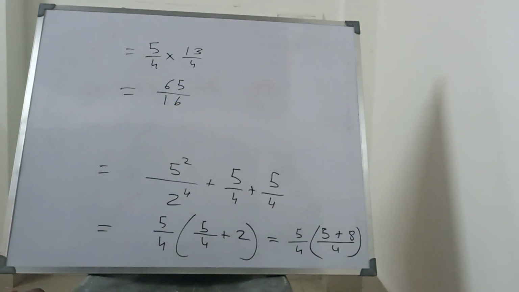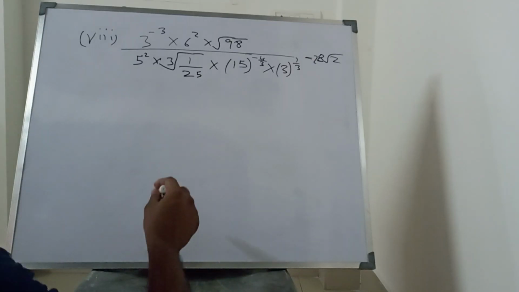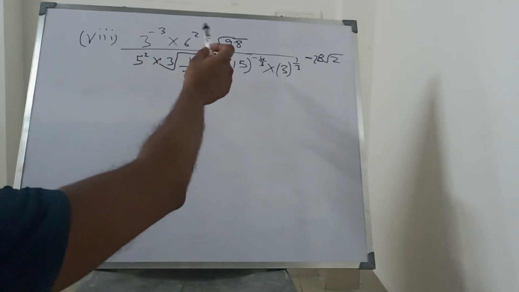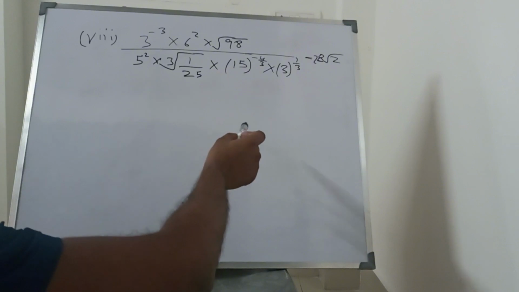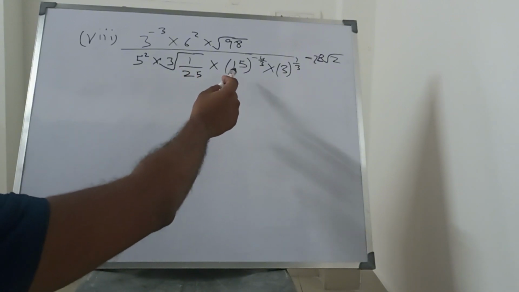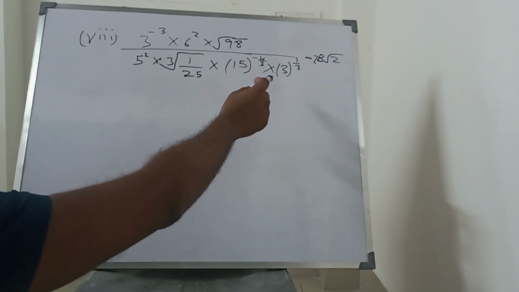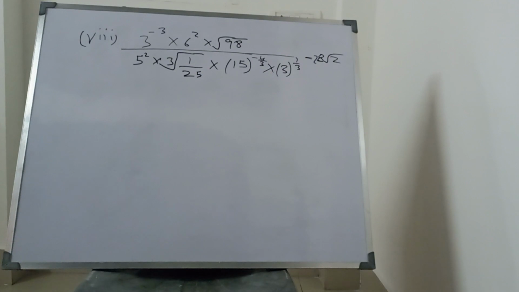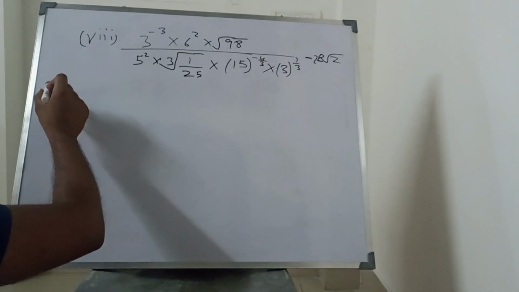So it's proved. So we have in this sum 3 raised to the power minus 3 into 6 square into root over 98 divided by 5 square into cube root of 1 by 25 into 15 to the power minus 4 by 3 into 3 to the power 1 by 3 equals 28 root 2. That is what we have to prove. So LHS